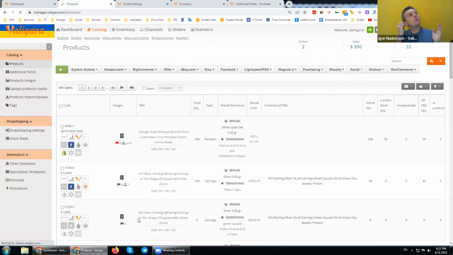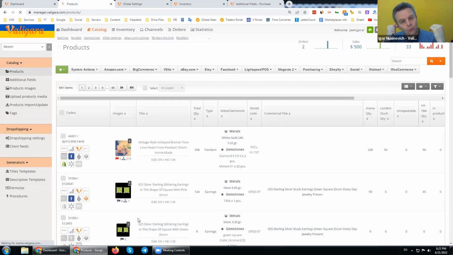Now, this is why I basically started with these UI topics, simply because this more useful UI allows you to more effectively do operations with your product information, because this is what PIM is about: product information. Now, what are we going to basically use here in Valigara for the product information? One and the main part is, of course, the generators. On the generators, we have endless amounts of things we can do, but why are they important?